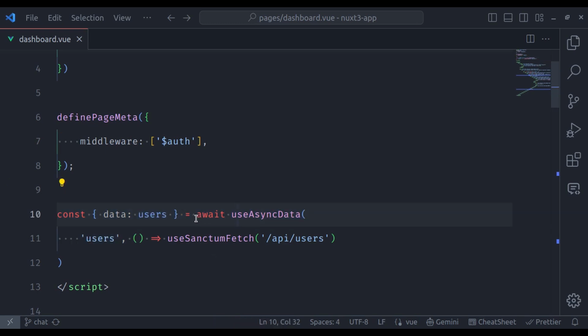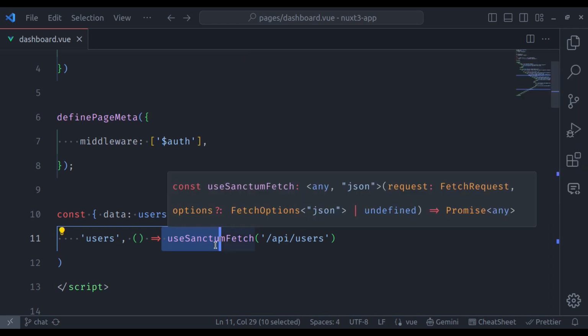We are using async data to make an asynchronous request to fetch the users. The second argument is this function that makes the API call. That's where we use sanctum fetch, which is a composable from the Nuxt sanctum authentication module. I have already explained use sanctum fetch in detail in the previous video, but to give a quick overview,